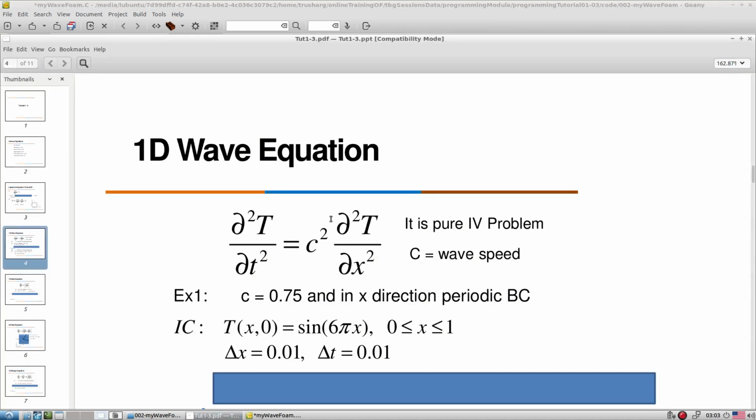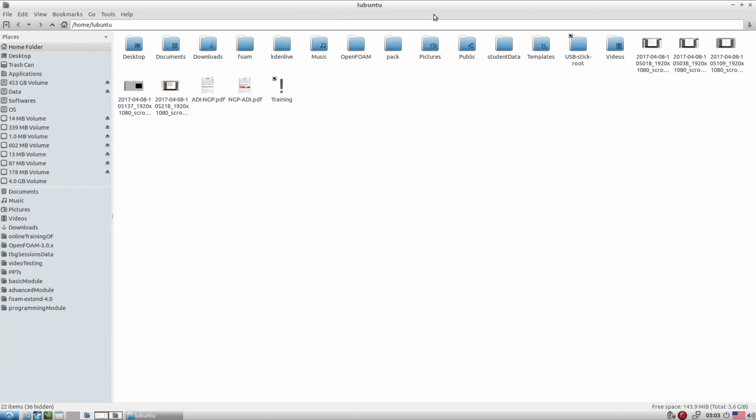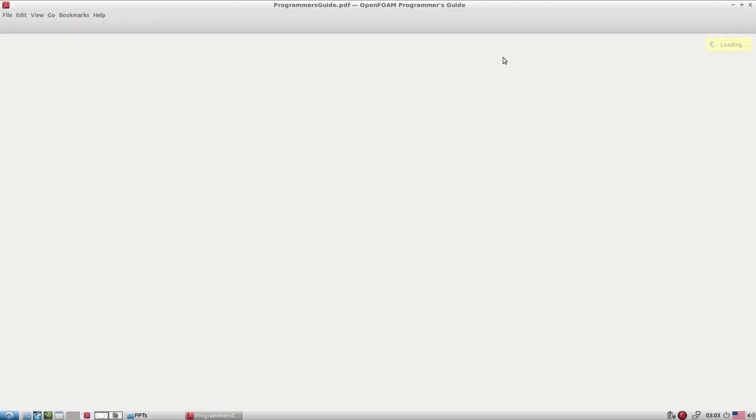Now let's look at what we have. We have d2t, that is del square T over del t square. What syntax is needed for that? If you don't know, no worry, just go to the programmer's guide.